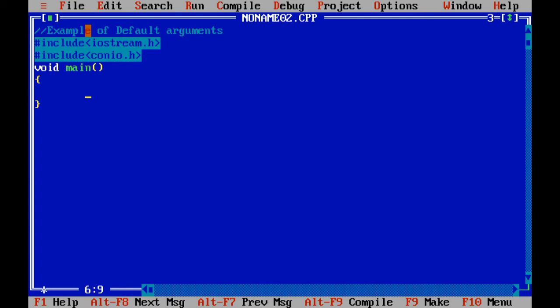Let me create the structure first, then we are going to implement the whole program. Get ch. Now let me create one UDF called simple interest.